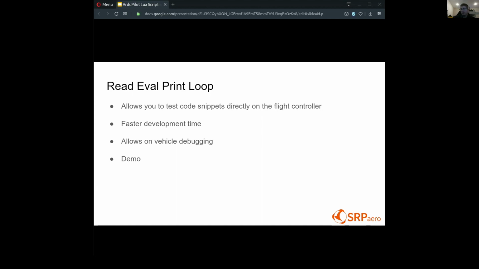What does REPL stand for? Read, eval, print, loop. Right. So you read the input from the user, evaluate it, you print the result back to them, and then you loop around and start the process again. So this is all just specific to this REPL